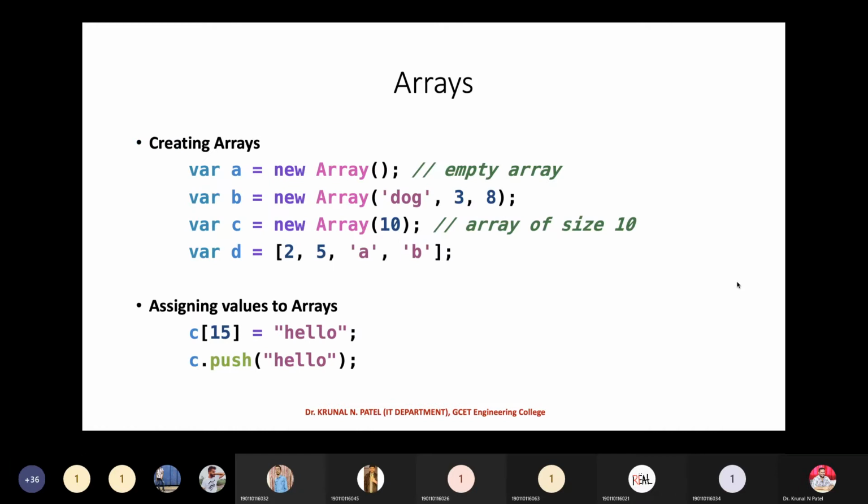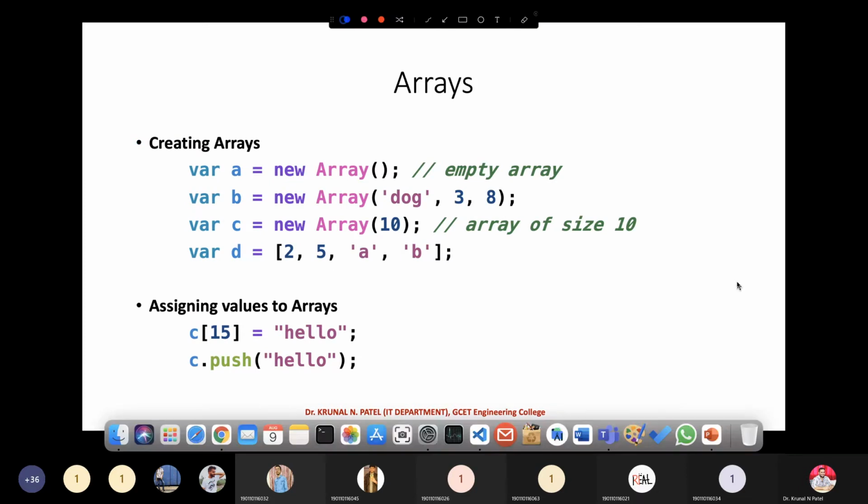Now, what are the different ways of creating an array? You can see we have a very simple syntax where a is equal to the new keyword, which now comes into the picture, and Array. The second is new Array, which can hold anything, a string or integers and all that.